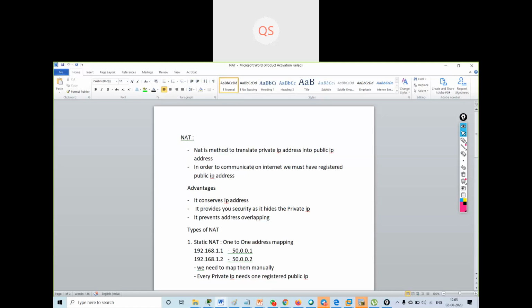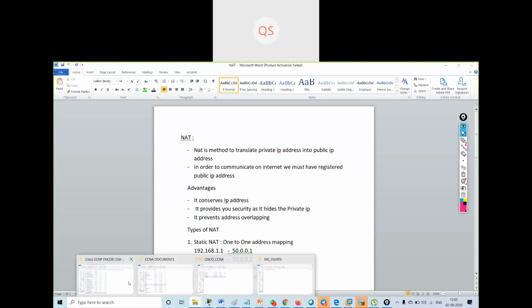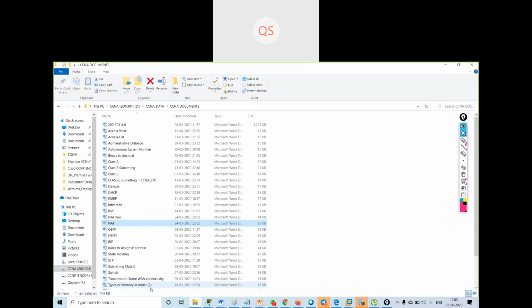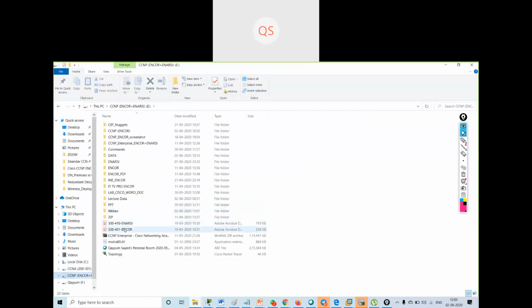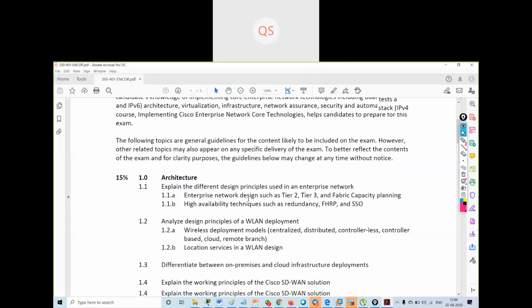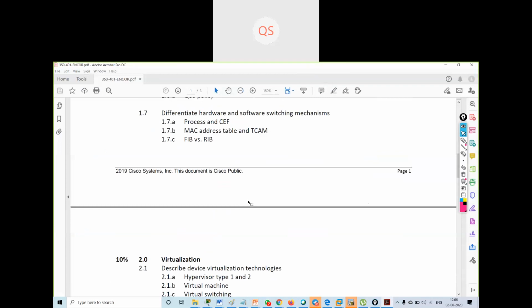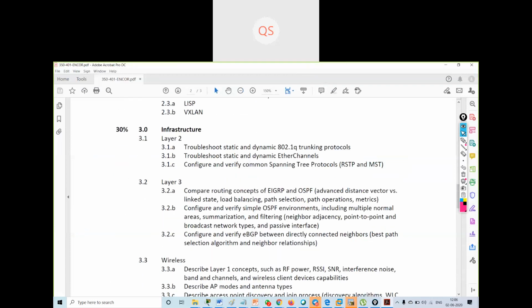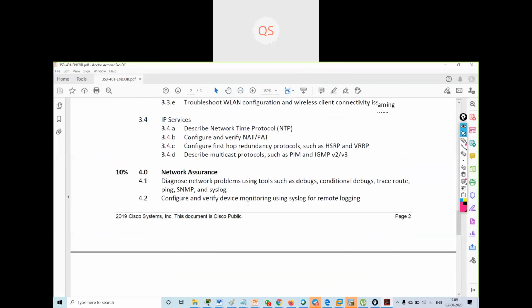Now, types of NAT. Natting is the same concept that we have learned in our CCNA, and we have it in this CCNP syllabus also. If I look at the exam topics, it says configure and verify NAT and PAT.